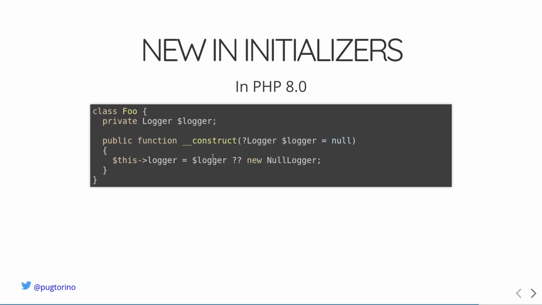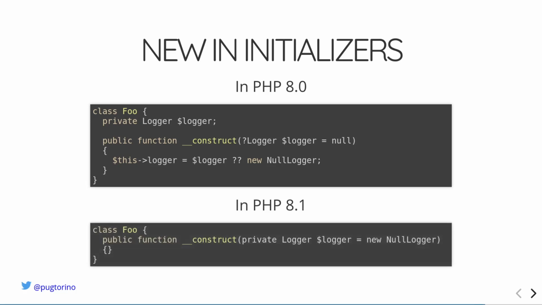And inside the constructor, you need to check, using the coalesce operator, if the logger is null, basically, okay, I will generate a new object of some type, for instance, new Logger. If it's not null, okay, I will get the value and I pass it to the logger. So that's the only way to have a default object value in the constructor using PHP 8.0. In 8.1, you will have the possibility to specify the default as a new Logger.